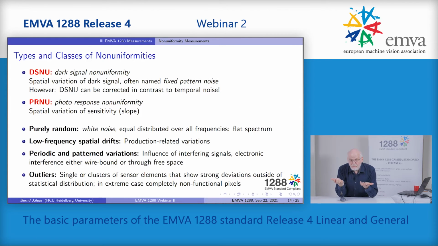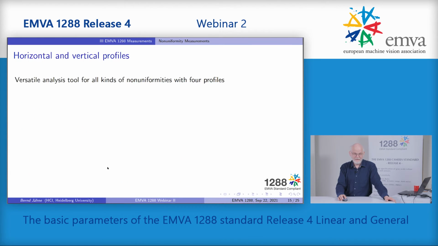These are single or clusters of pixels or sensor elements that show a very strong deviation outside of a statistical distribution. So you obviously see non-uniformities are not simply described by a single figure, and the standard has a lot of useful tools to distinguish all these different types of things, which I have no time, of course, to explain in detail here. So let me go to a very simple method which gives you a qualitative view in one simple